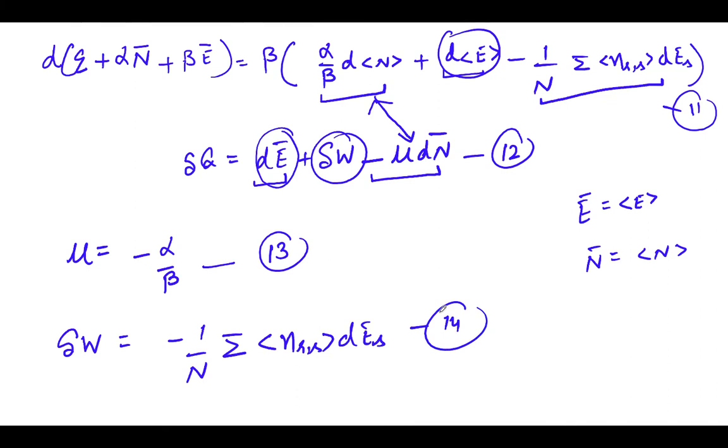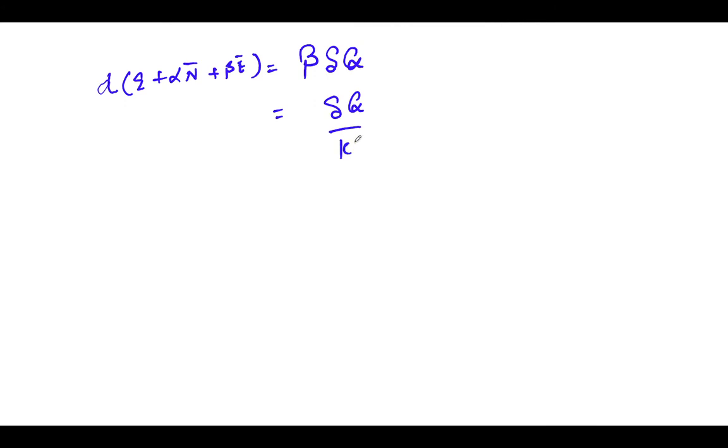So our equation becomes dq plus alpha into n bar plus beta into e bar, so that is equal to beta into delta q. So this we can write as curly q over kT. So 1 over kT, we can write as curly q over T. So the right hand side of this equation is equal to T into delta S. So this is generally written as